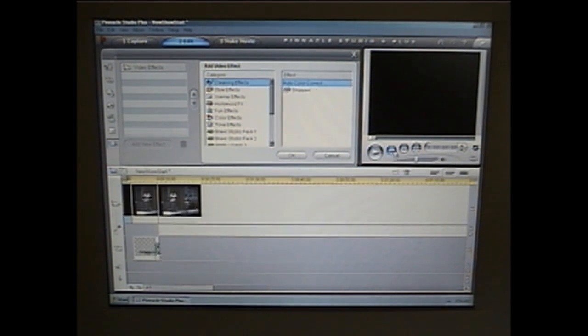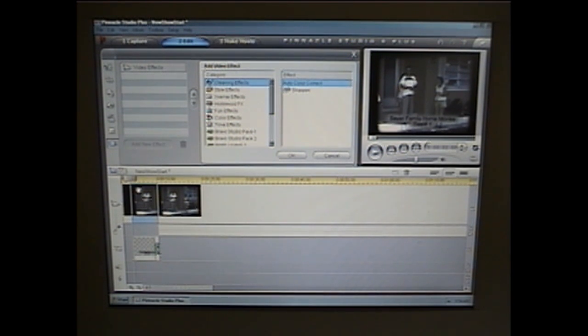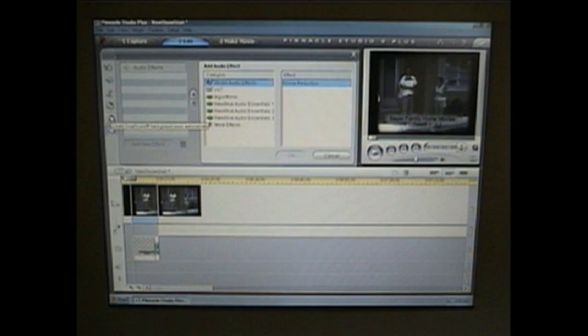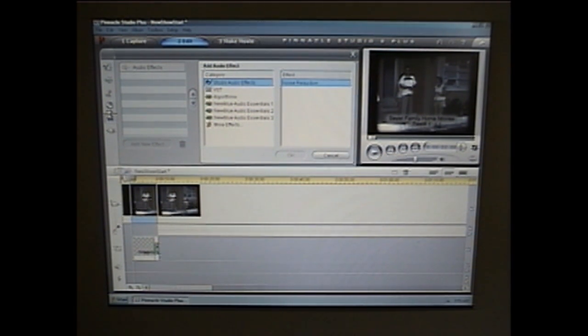So I'm going to go back to the start of the movie, and I'm going to start the soundtrack right at the first frame of video. And I'm going to go up here and select the audio toolbox. And from there, we're going to look at our options, and I'm going to choose what they call Smart Sound, which will automatically add music. So I select that,